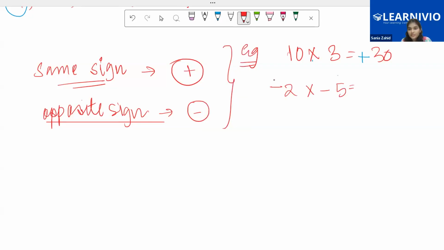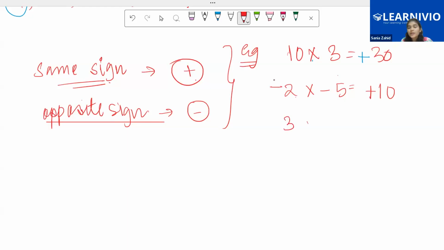10. Now 2 and 5 have same signs or different signs? Negative 2 and negative 5, is it same or different? Same. Salman, is it same or different? Same. 2 and 5 have same sign. So I told you, when you have same sign, you put plus in your answer. So put plus in your answer. Okay. Now let's suppose you have